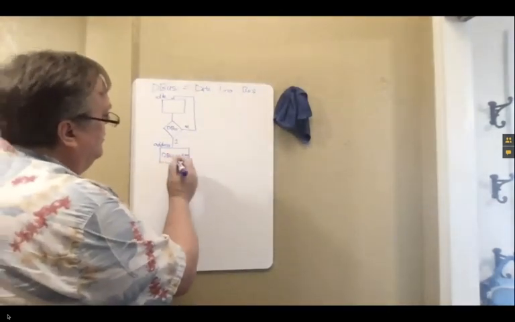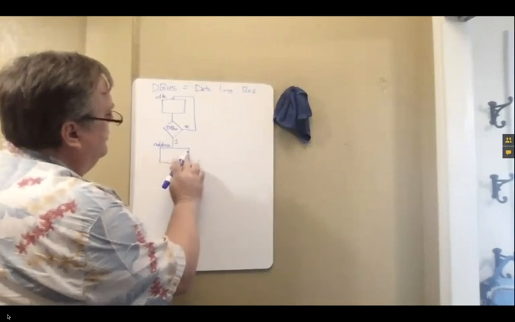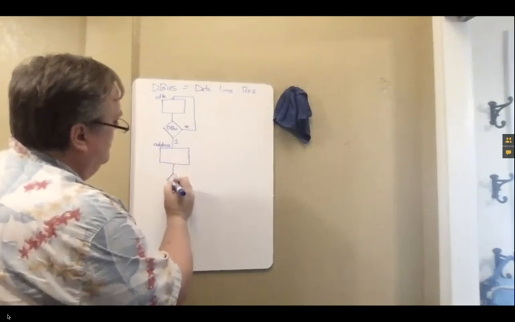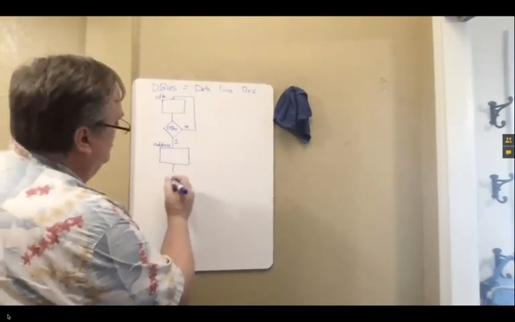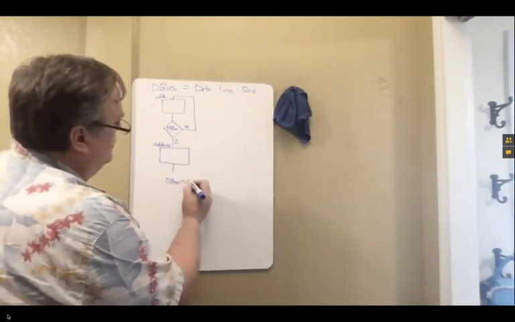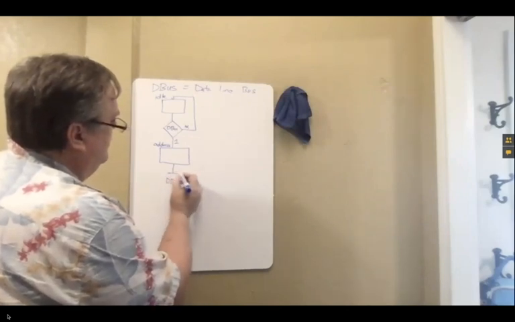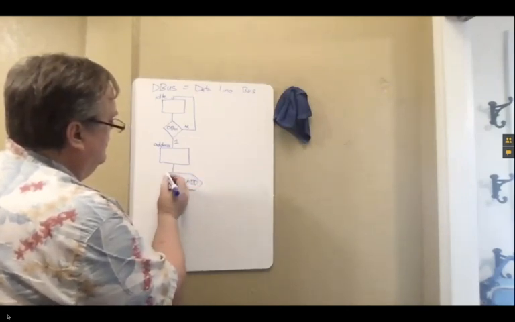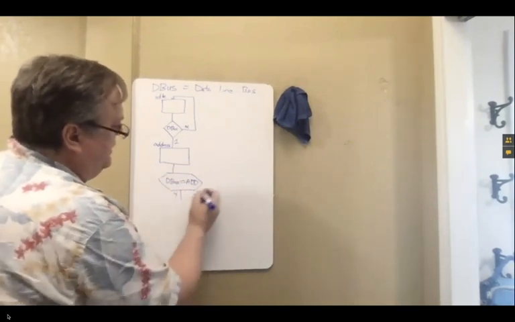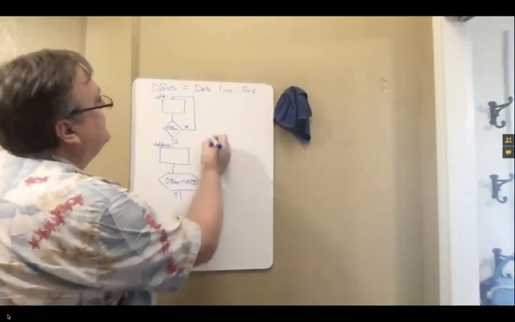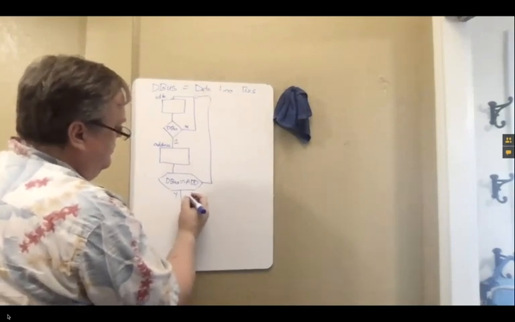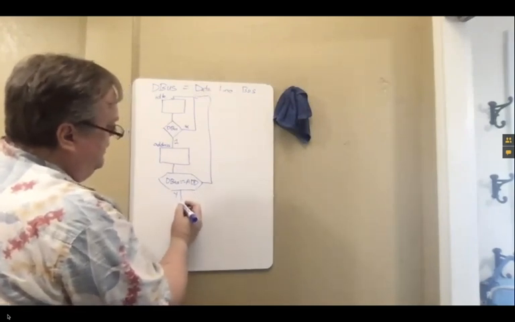I shouldn't do that here. I should actually come down and see a little bit bigger than that. I want to know if data bus is equal to my address. So again, a decision block, and it's either yes, it is, or no, it's not. If it's not, I'm going to go back up. If it is,